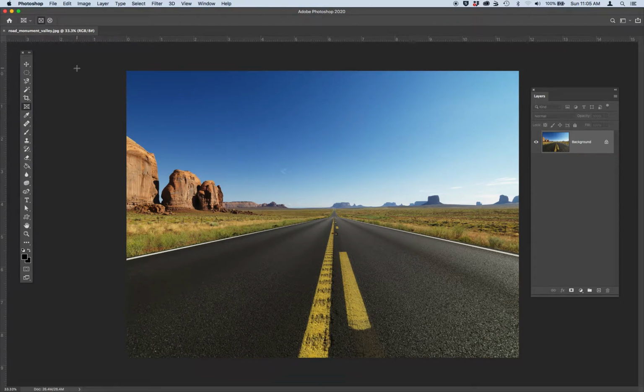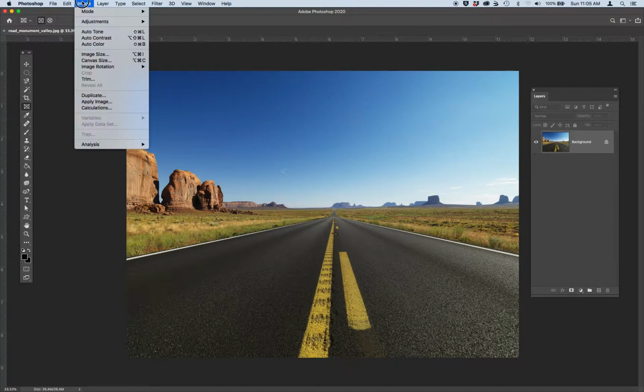Go ahead and open up the file called roadmonumentvalley.jpg. The first thing that you want to do is you always want to check the image's color mode when you first open an image. And the way that you do this is you go to Image